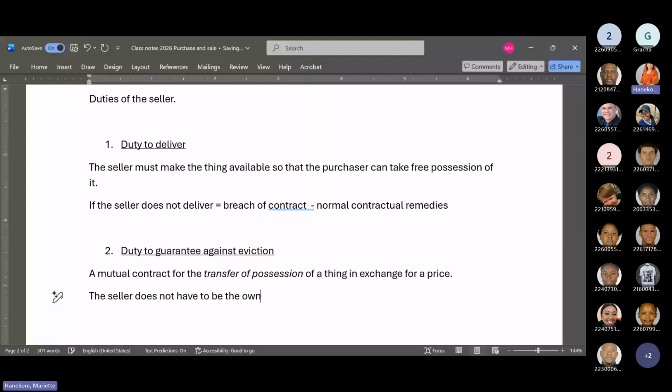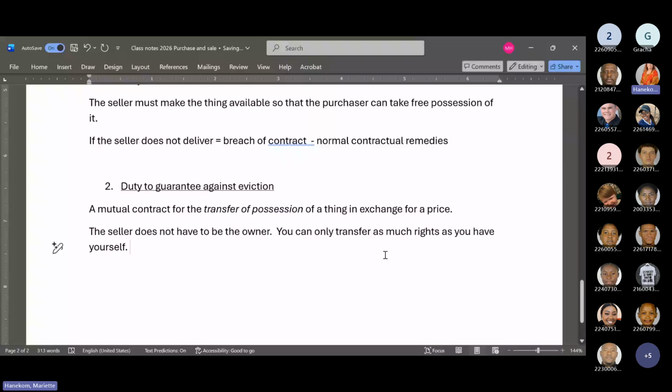And obviously, if the seller is not the owner, the purchaser cannot become the owner, because you can only transfer as much rights as you have yourself. Just to clarify that,